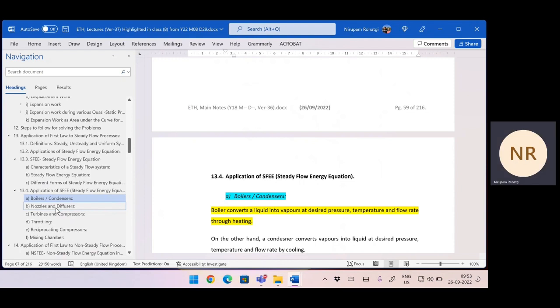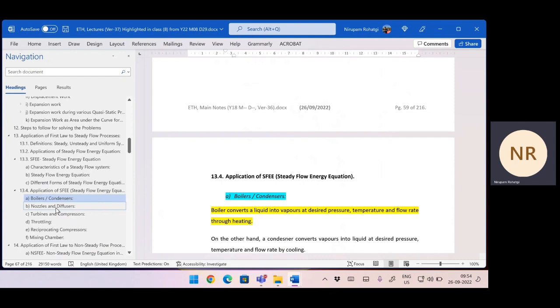So now it's up to you. You want to apply the equation for a boiler after the assumptions or before the assumptions. You can remember the main equation and know what the assumptions are in the boiler, and whether you want to apply those assumptions or not. If you apply those assumptions, the equation will be modified. So instead of remembering an equation for each process, you remember what the conditions are for each process, apply those, and you get the equation for that immediately. That is a better process. Instead of remembering 10 equations and finding which one applies where,